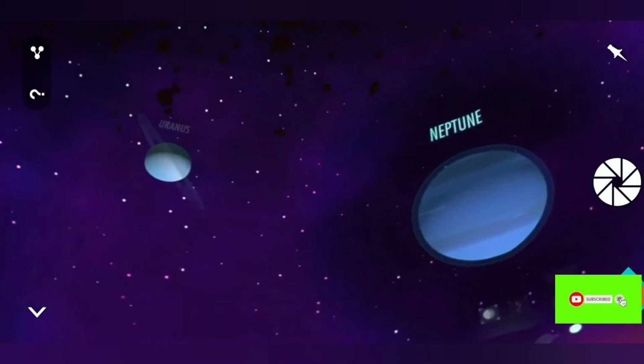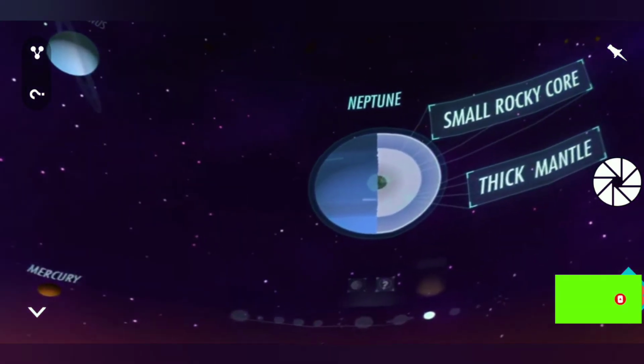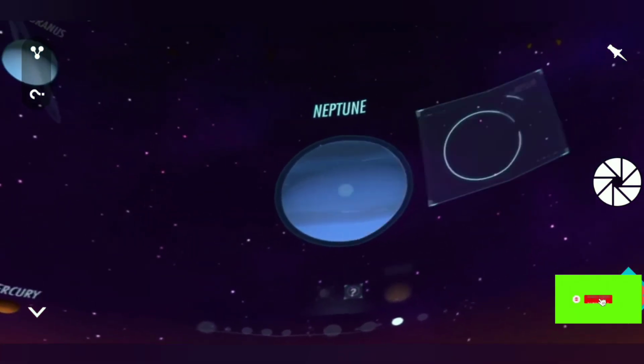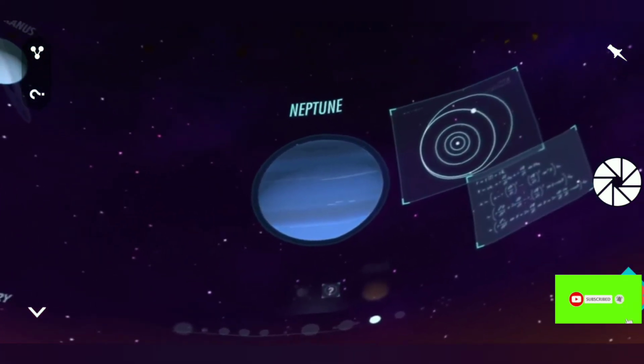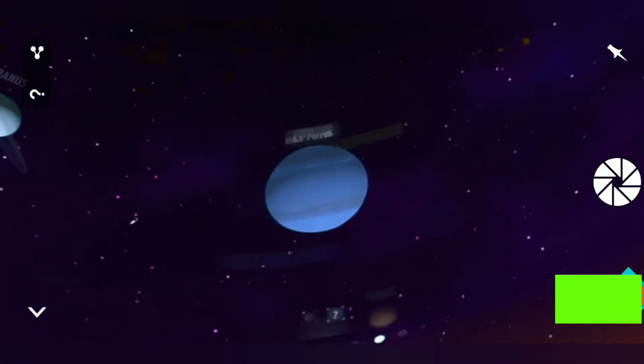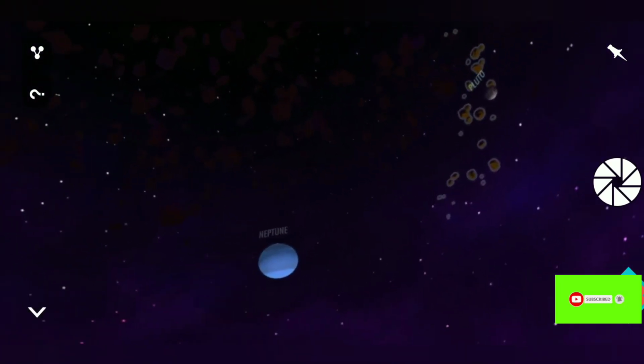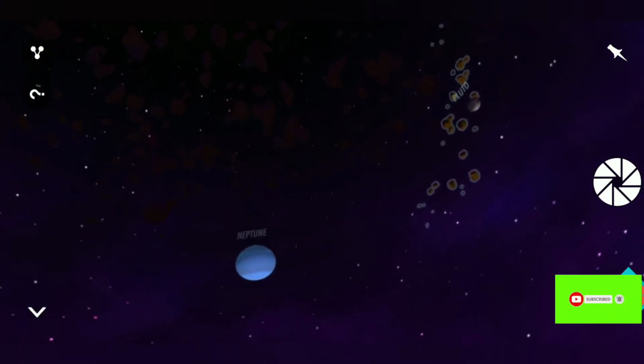Technically considered the last planet in our solar system, Neptune is an ice giant with a similar composition to Uranus. It's the most dense of the outer planets, and the only planet found by mathematical prediction rather than by empirical observation. At the outer edges of our solar system, we find the Kuiper Belt, filled with smaller, rocky and icy